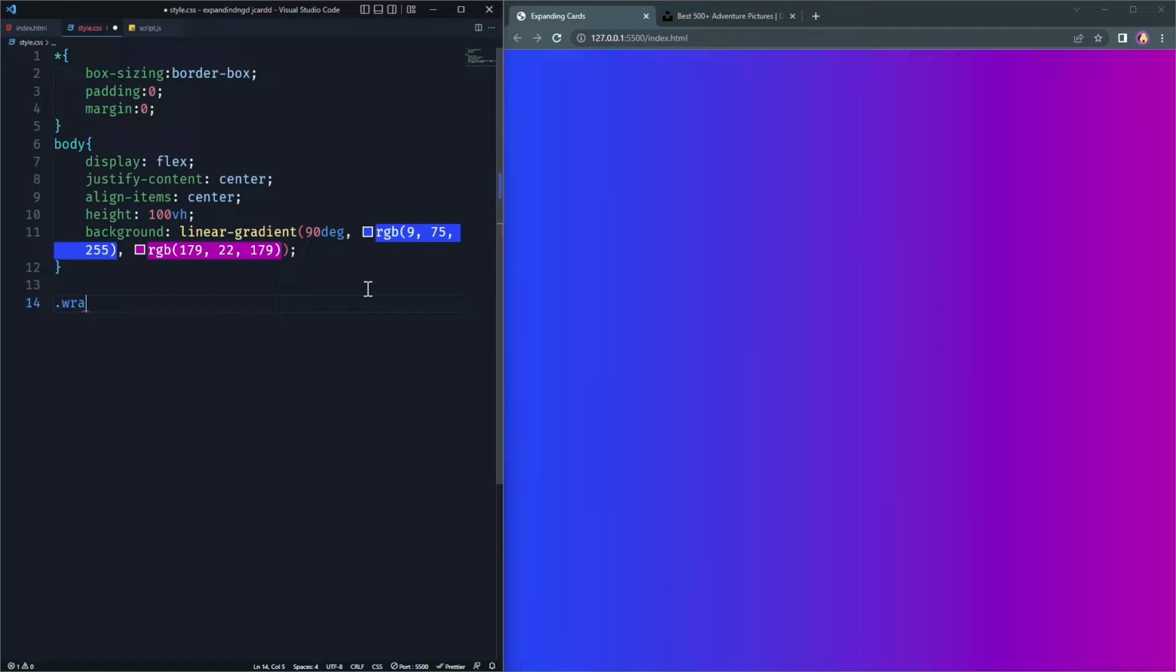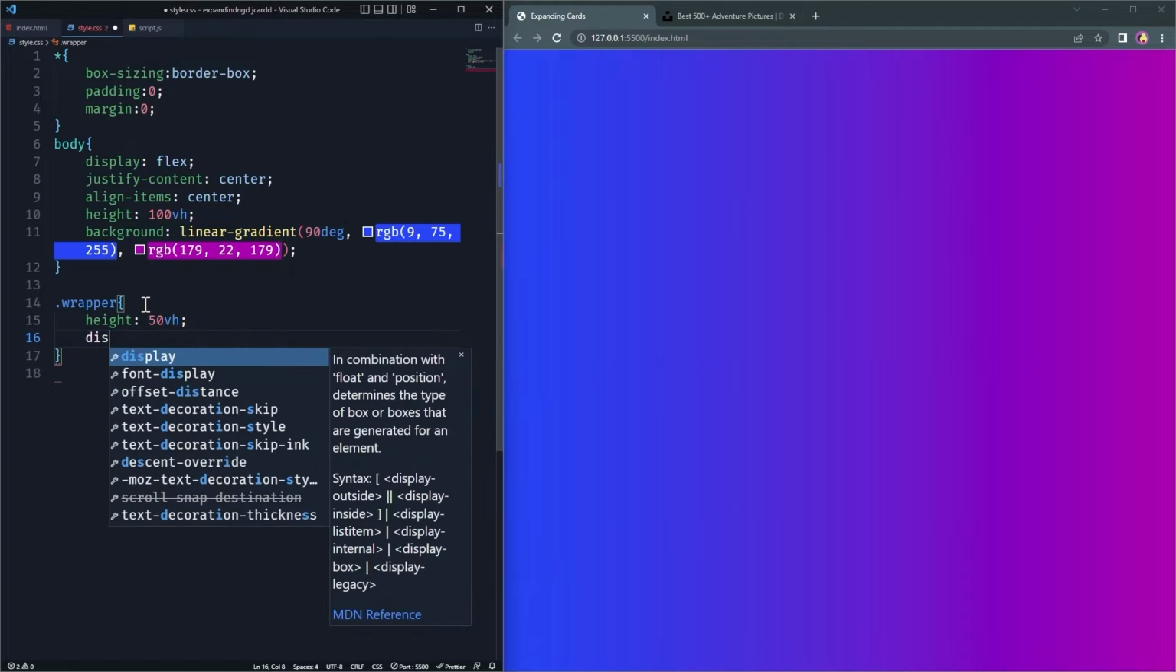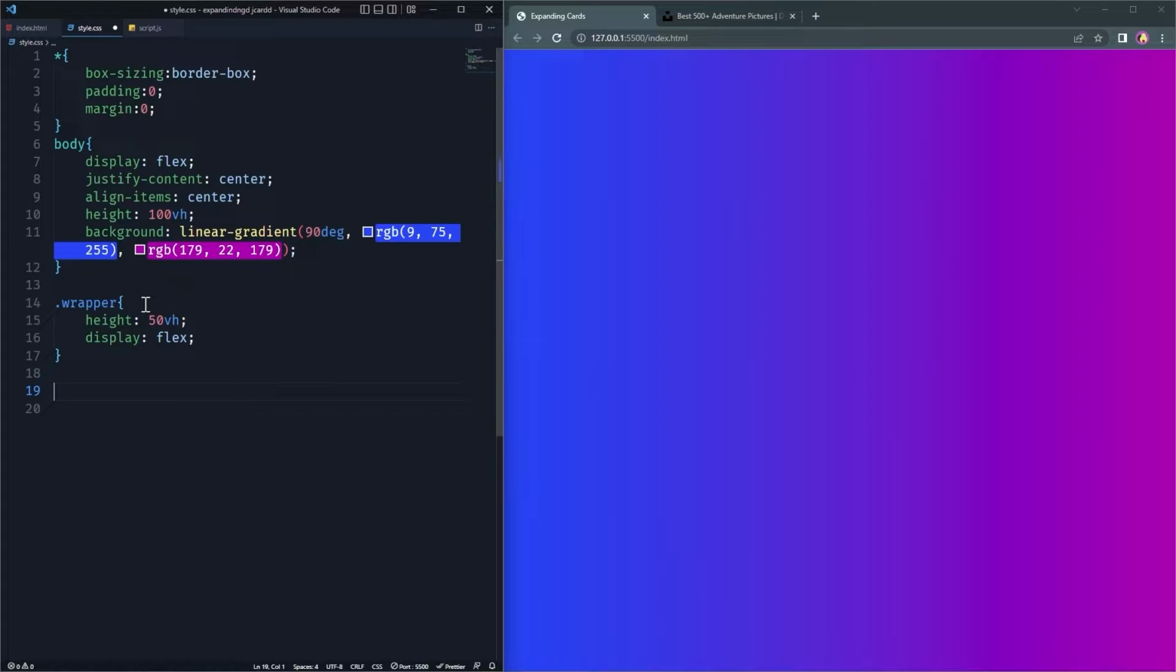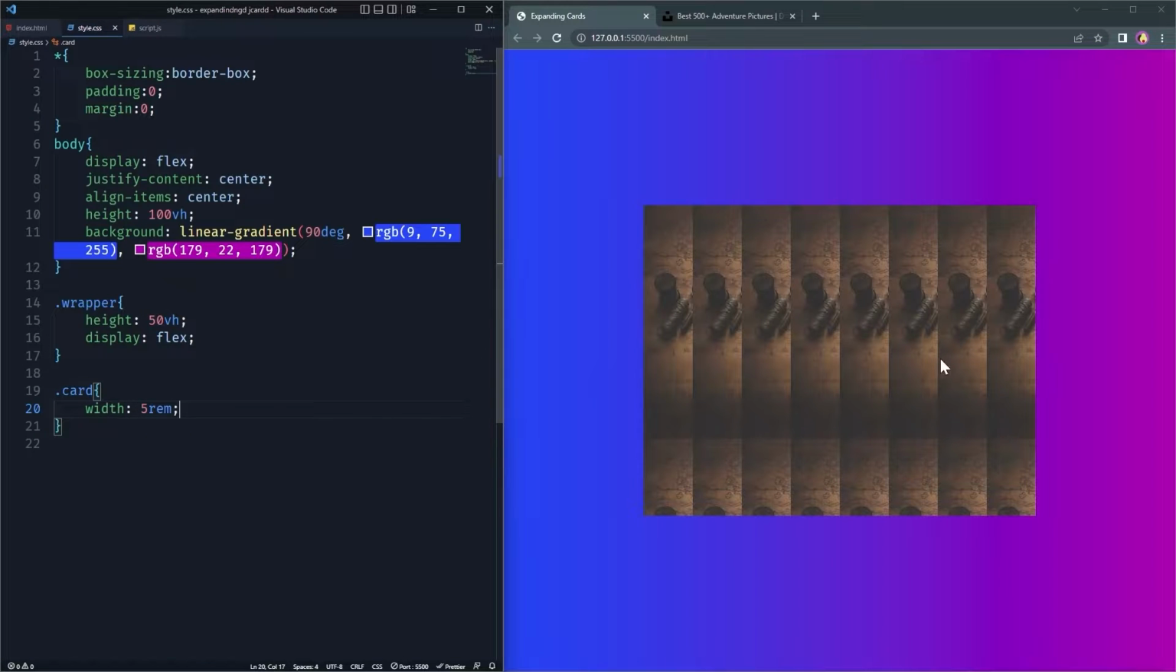Now we will select our repo, and we will give it a height of 50vh, and I will set the display to flex. Still you can see the images are not on the page, so I'm going to select card, and let's give it a width, let's say 5rem. And now you can see we have the images over here with the width of 5rem for each of the images. And now we want some gap, so let me create a gap of 1rem between these